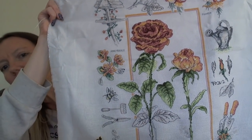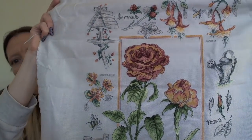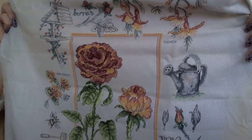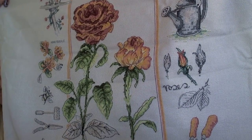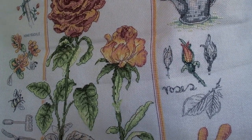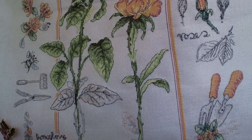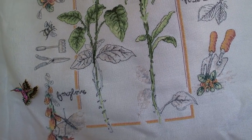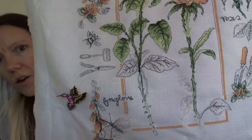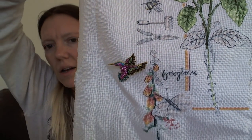Yeah, I've done the other rose. There's more leaves on there. I've done the watering can. Let me try and bring this in a bit. The watering can on that side. These little rosebuds and the leaves and the word. The little tools with some flowers. And then I've brought the border right down to the bottom. And on the other side, I've done the little bee, more tools, and I've just started